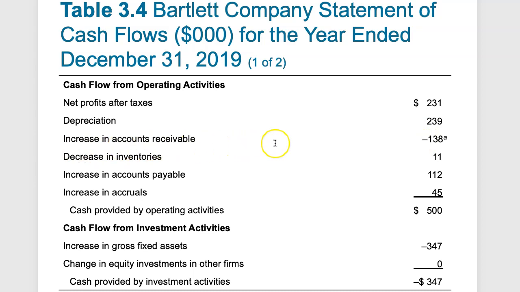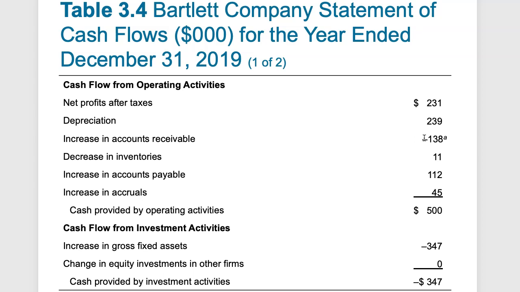Now, if there's an increase in accounts receivable, which is an asset, any increase in an asset is a decrease in cash. Any decrease in an asset, like inventory, is an increase in cash. So why is that? Well, if you decrease inventories, you must be selling them, so that's going to increase cash. If you increase inventory, you must be buying inventories, it's going to decrease cash. Now, accounts receivable, it's an asset. So if you increase accounts receivable, that means you're lending money to people that owe you money. So you're lending money on account, which means that you're going to have to use your cash to lend to them. But it's an asset. So as the asset grows, your cash flow is going to decline.